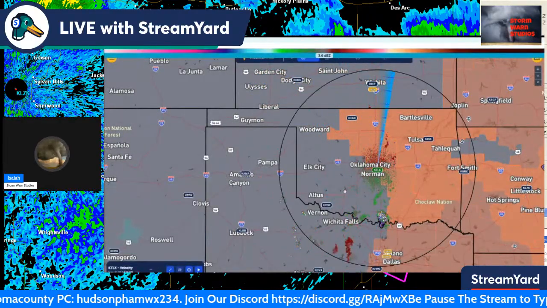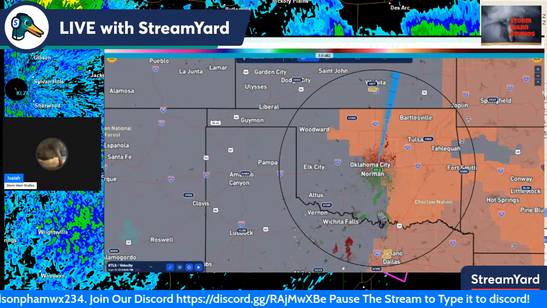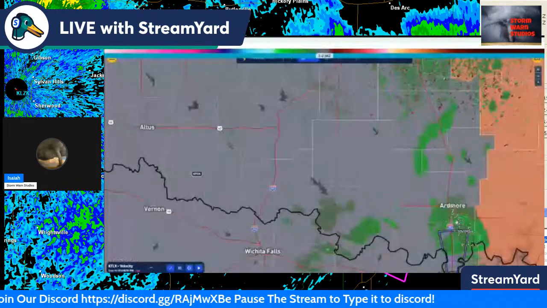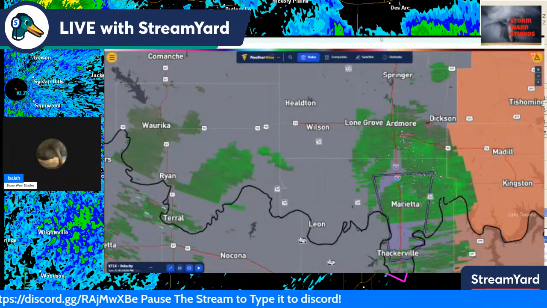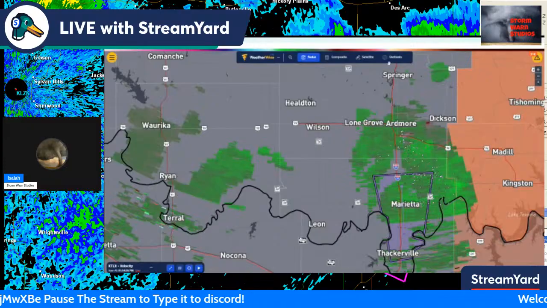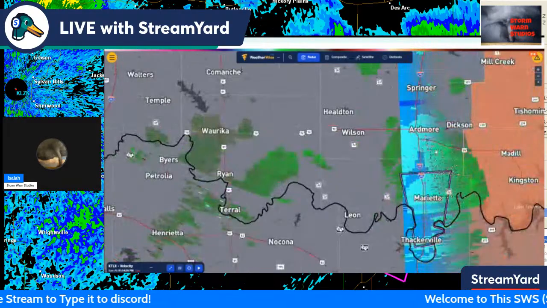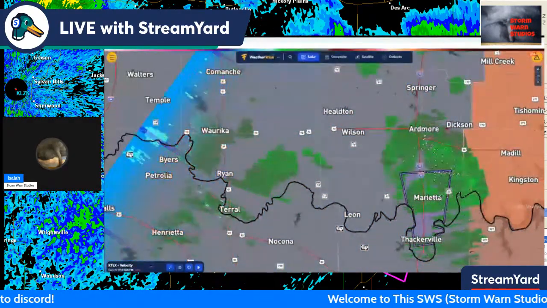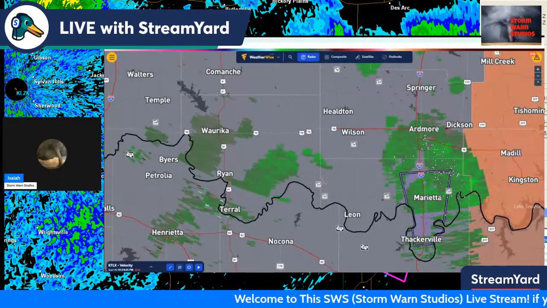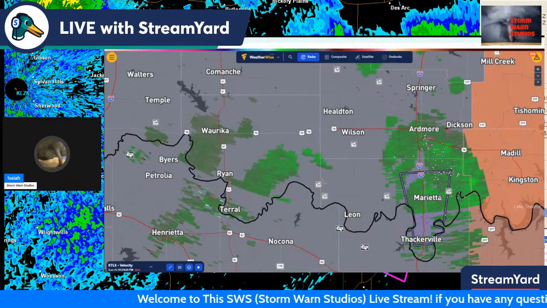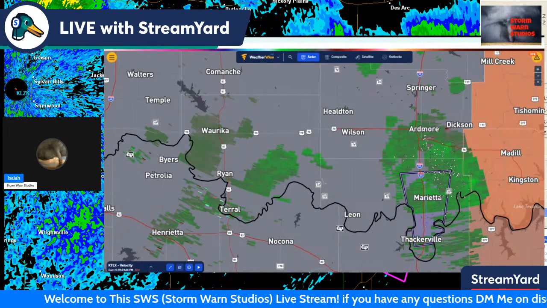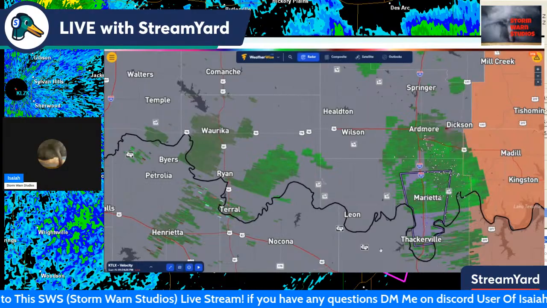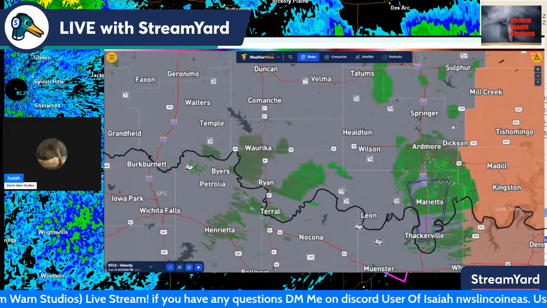So we have velocity. Now this is commonly used if there's a tornado warning, we will know pretty much right here. Right here is where if we have green and red mixed together, then that's how we know that there is rotation. Now, sometimes